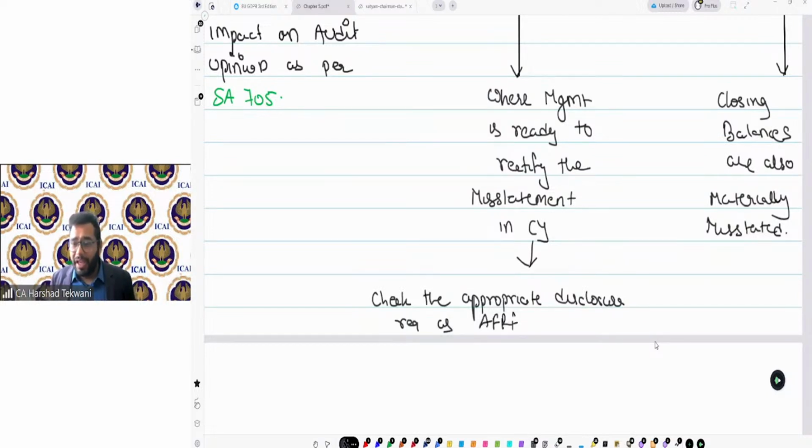So if there is a rectification of the misstatement in the current year, which was there in the opening balance, then you need to check how it has been rectified, what balances have been affected, whether the retained earnings have been affected, how it is shown in the P&L, if it is affecting the P&L, prior period items, whether any restatement is required, something like that. So a third balance sheet is required. So we need to understand what is the requirement of my applicable financial reporting framework when I rectify any prior period item or any item which is not of the current year.